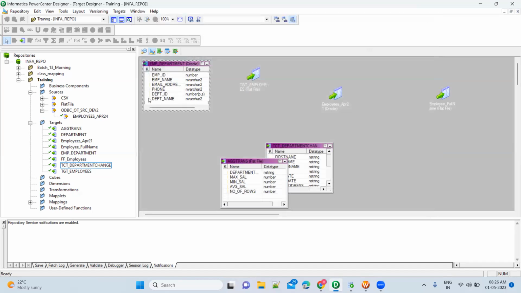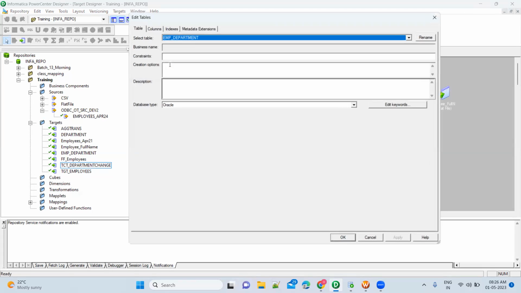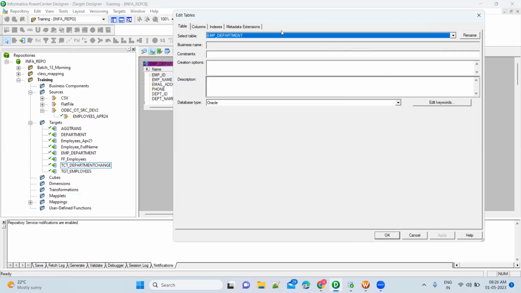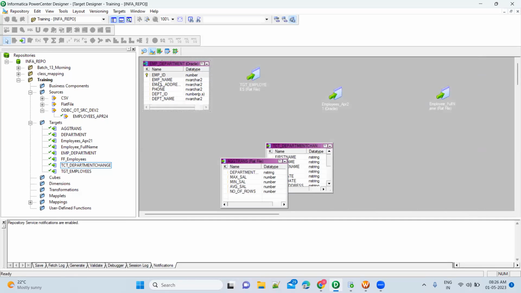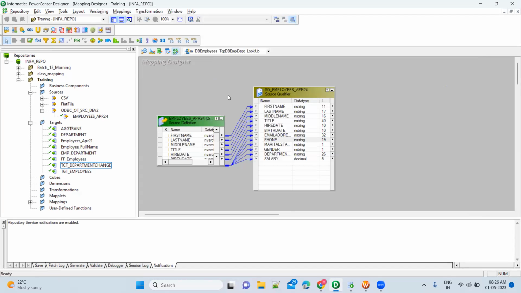Do you see any keys defined here? You are not seeing any symbols, right? Once I define employee ID as the key, a key symbol will come here. Now just move it aside. You don't have any symbols here. Now go to columns. In columns, make employee ID the primary key. Now apply it. Press OK. Now the key symbol came. That means it is a key for this target. Now go to mappings, drag and drop your